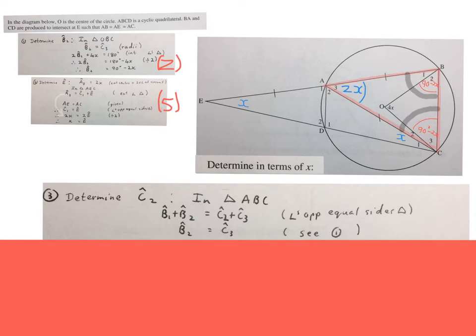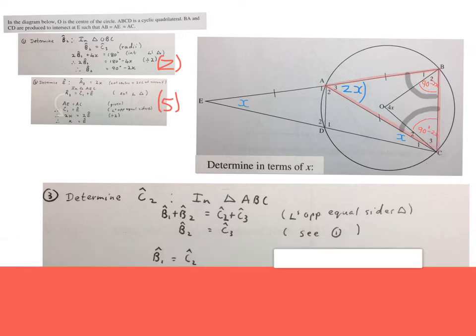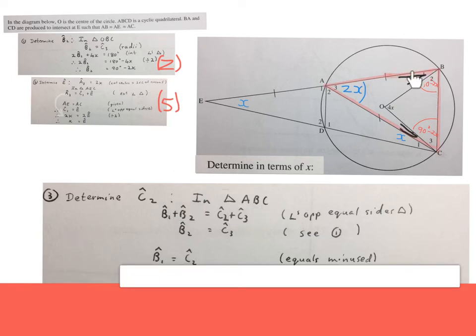Then we can write angle B2 is equal to angle C3. We proved it in one above. 90 minus 2x is both of them. Then you can write angle B1 is equal to angle C2. You don't have to write the reason. I just write equals minus. If you look at this equation over here, and you minus equals on both sides, what is left will still be the same. And because those two black angles are now equal,